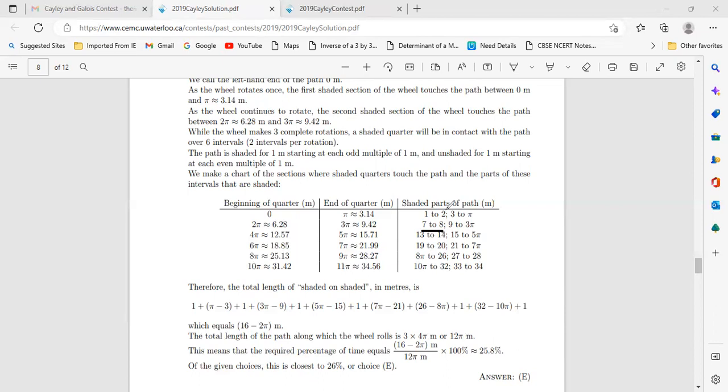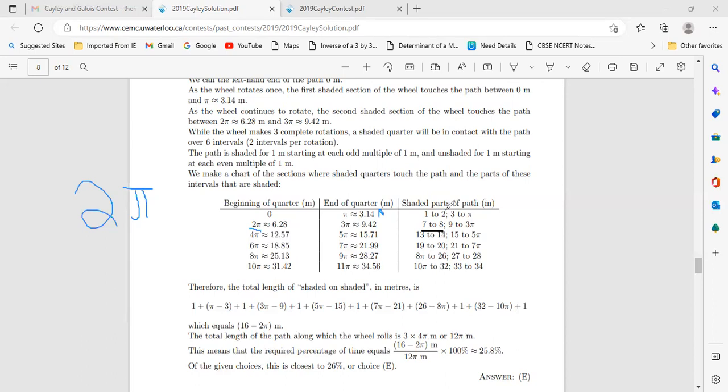Okay, so let me just get my calculator. Okay. So the first one is the white region, the unshaded region. After this is finished, the white region would travel until 2 pi. So that would go until 2 pi. Then the gray one would start at 2 pi. So while the first white unshaded region was traveling,